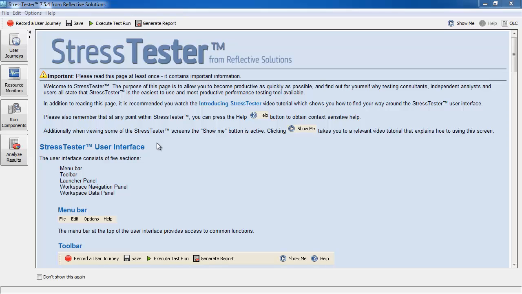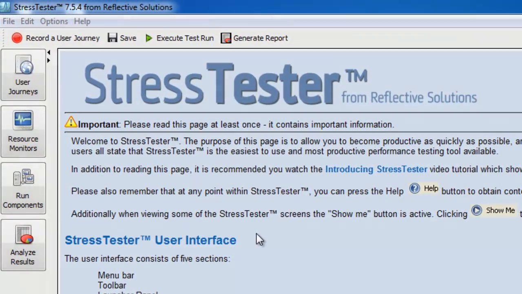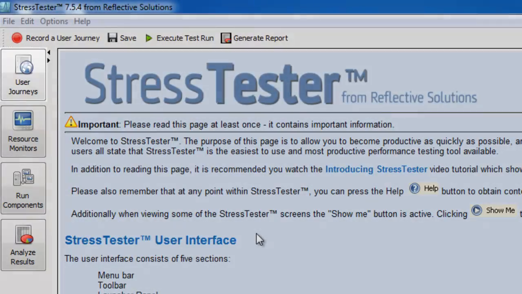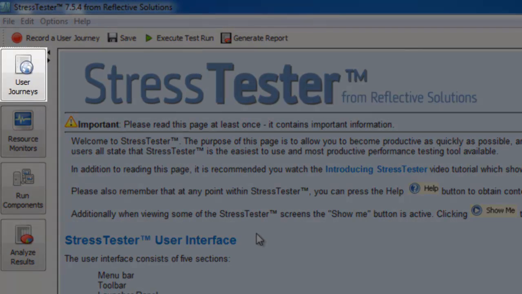The GUI is divided into 4 workspaces, and you can switch between the workspaces using the buttons on the left-hand side of the screen. The User Journey workspace is used to record and configure the transactions you wish to simulate. This includes adding parameters, alternative flows, validation, and everything else required to ensure StressTester correctly simulates how a real-world user